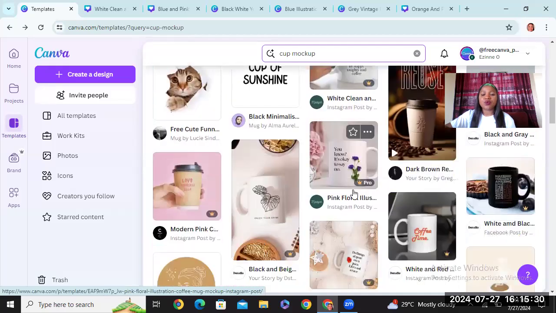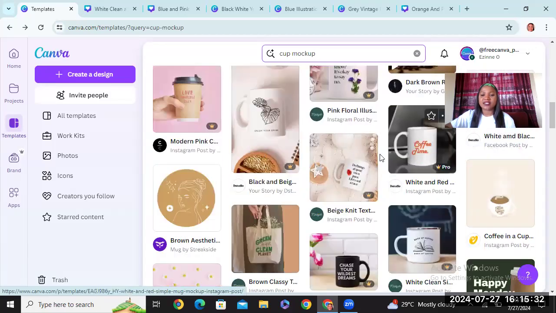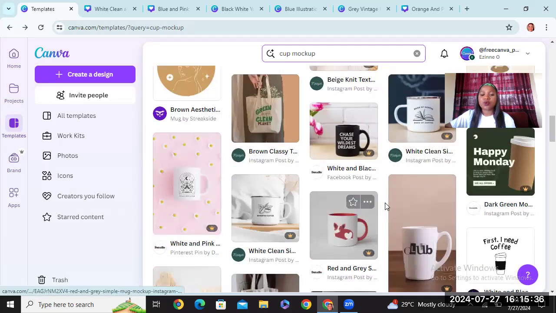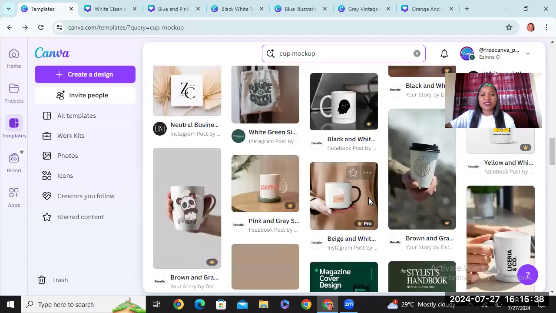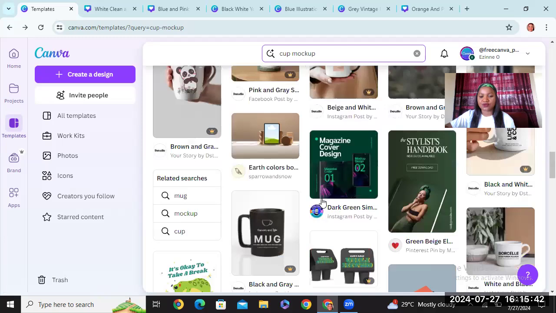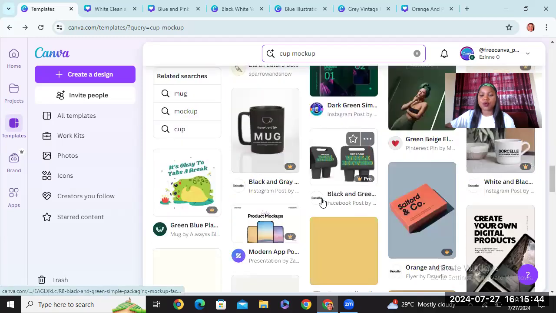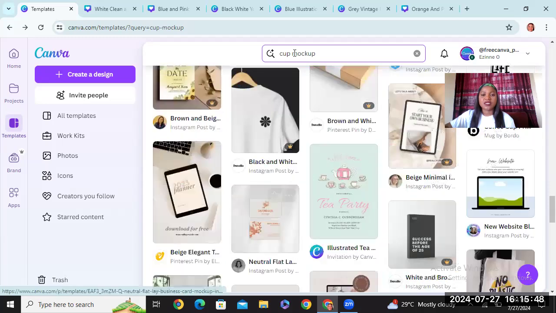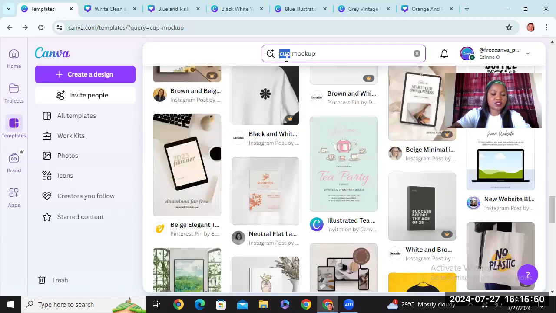So just type what you want to do. Ask Canva. They will give you different designs of your choice, depending on what you are searching for. Whether it is a bag, you want a design for your bag, Canva can do it for you. Okay, all these are mock-up cups. Okay, let's assume that I want a t-shirt